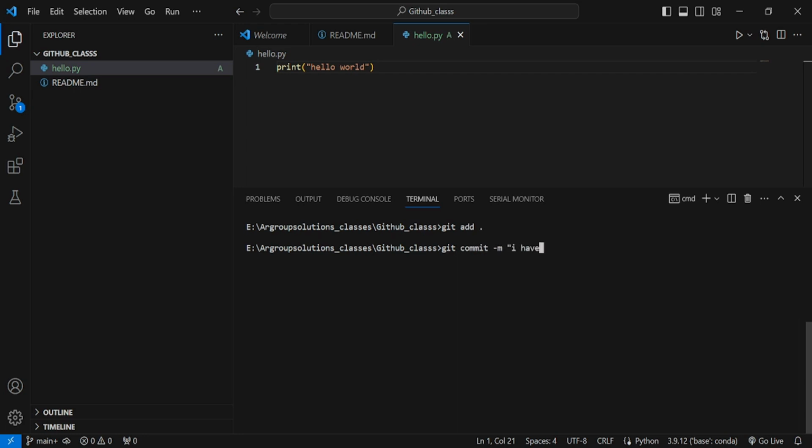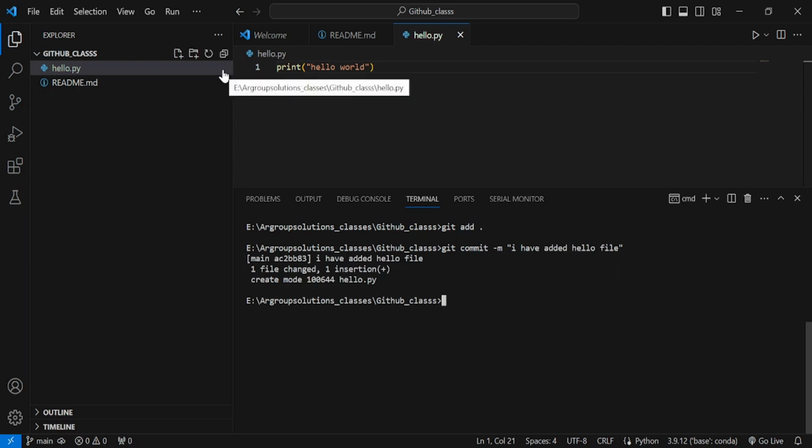I have added hello file. Okay, I'm writing some random commit message. I'm going to press enter. Look, automatically the U went off, right? Now if I want to push it, what is the command we use? Git push